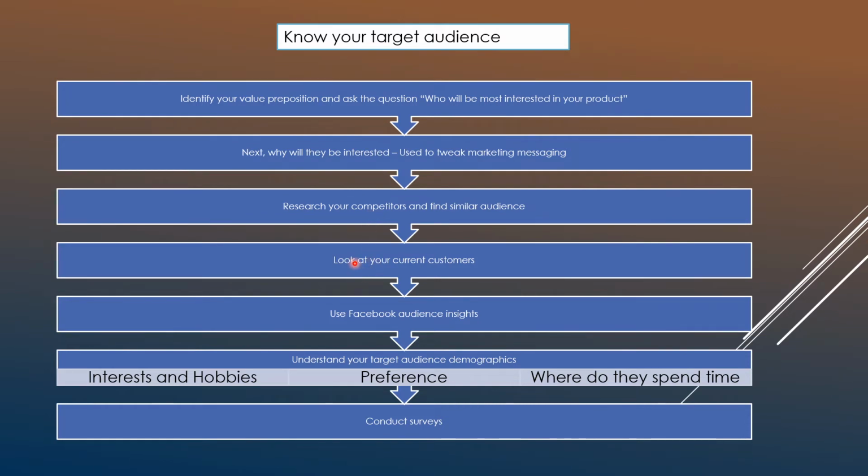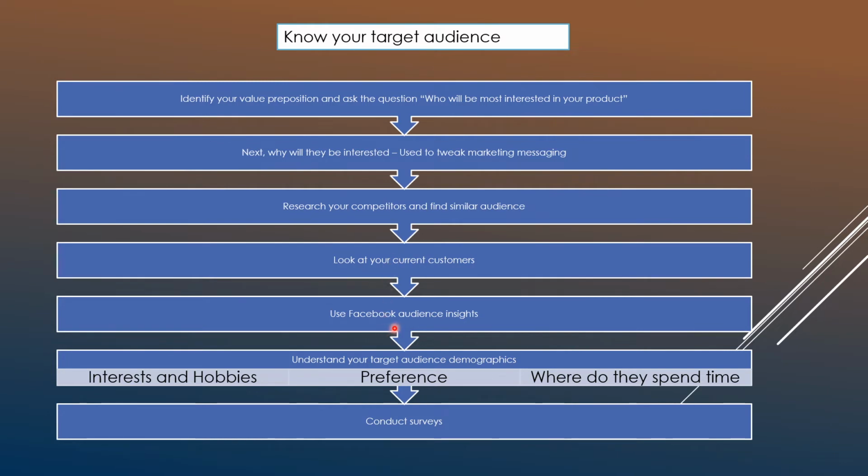Again, there is this fourth step which many people ignore, that is, look at your current customers. You can actually understand a lot more about your audience by looking at your current customers. If you don't have any existing customer base, you can always spend a very little amount of money conducting a survey and then giving them something in return, like an Amazon gift card. But that will at least help you find out the hobbies, interests, and customer attributes that you should know to target them properly on various advertising channels.